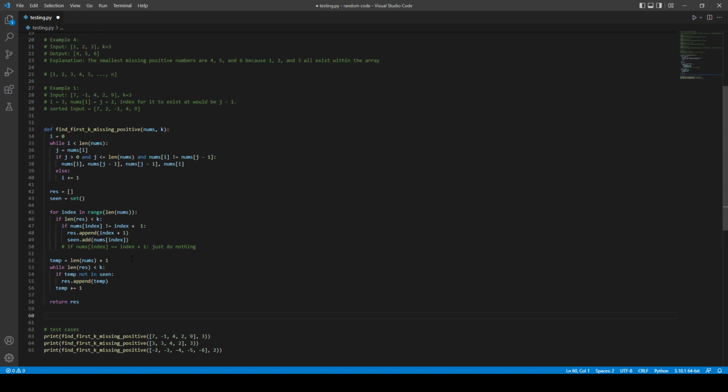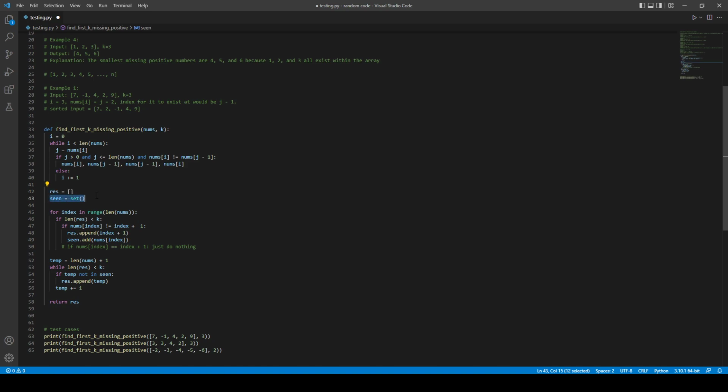Yeah, so basically here we iterate through, we have the number, we determine whether or not we want to perform a cyclic sort based on our condition of wanting to be between 1 through n, and then we want to see if the number should exist within the array, and then we'll perform a swap. If not, we just increment i. We set these variables just so we can see